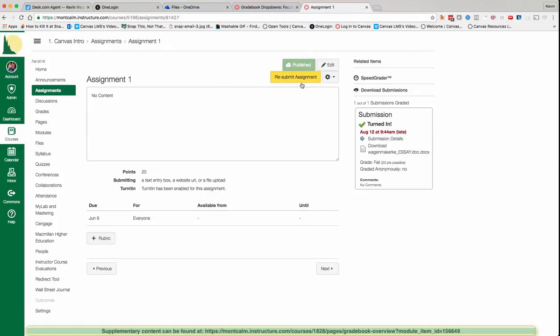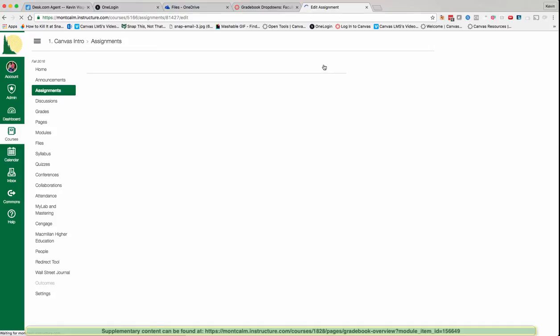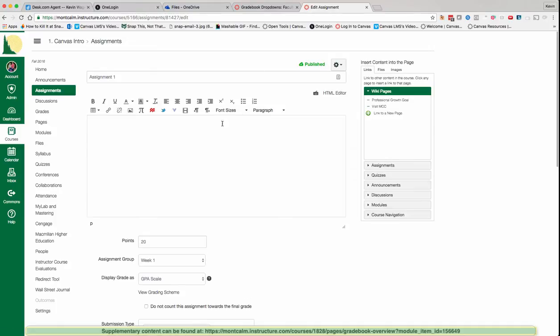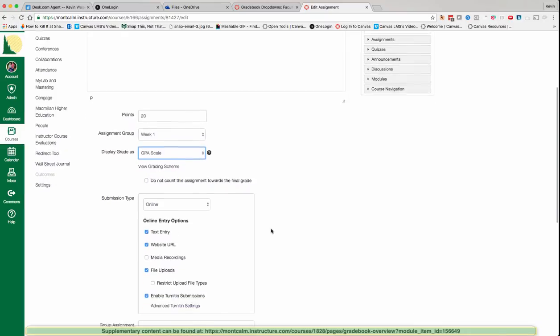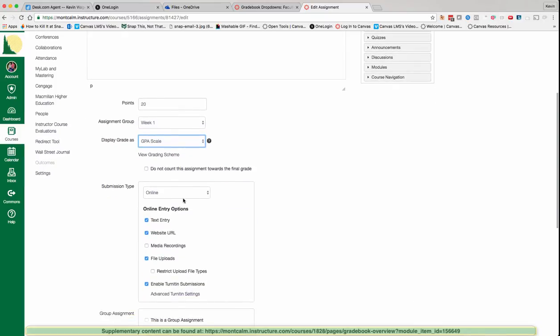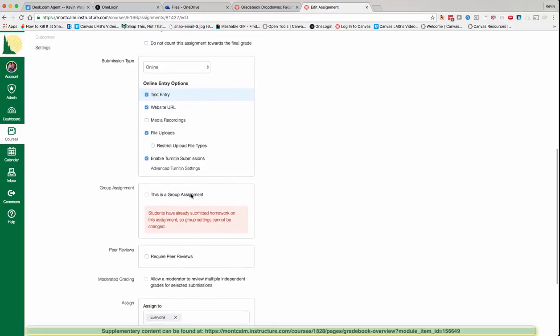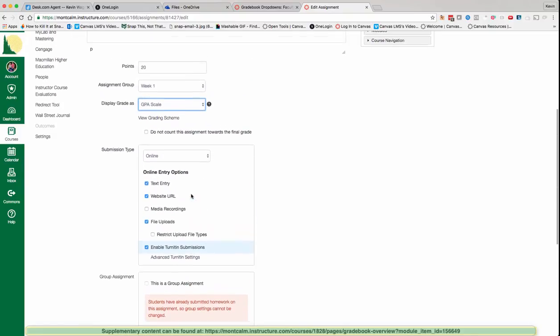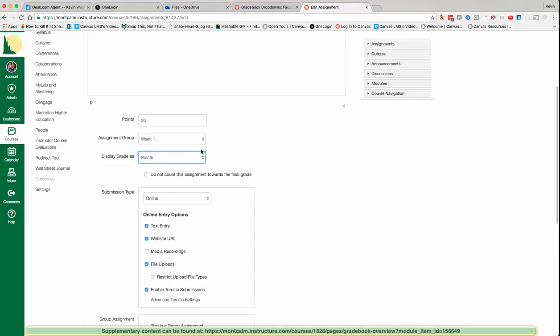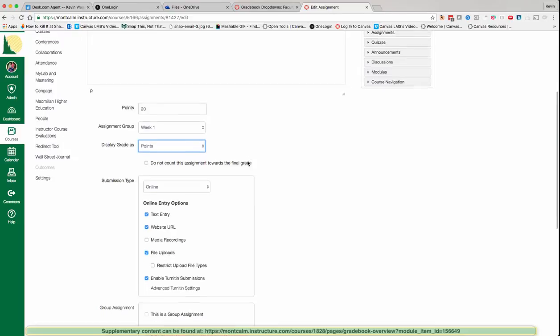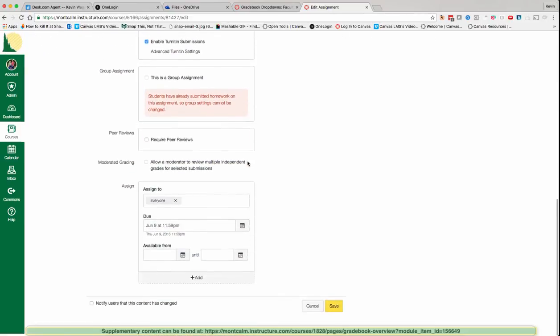From there, I click on Edit, and that takes me into the assignment settings, where I can give them different instructions, adjust the point value, move it to a different assignment group, and also display the grade as different items depending on what you want. And then obviously change how they're going to submit. As far as the actual pass-fail, I want to change that to points, like that. And that should